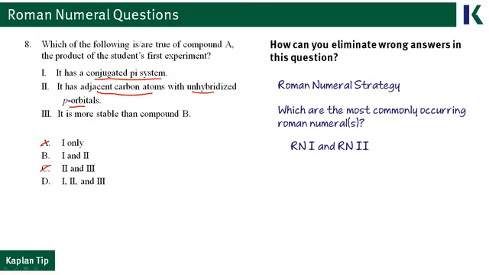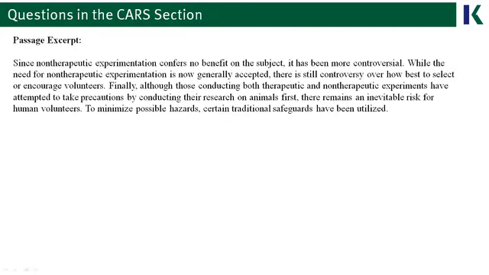And that's the Kaplan Roman numeral strategy plus a little bit of guessing that you should use on test day. So now we're going to move into questions 9 and 10. Questions 9 and 10 actually go with a CARS passage, and you can see the passage excerpt at the top of the page. Now, this is a session mostly dedicated to science, but strategic guessing can happen in the CARS section as well, so it's definitely something that needs to be covered in this lesson on strategic guessing.